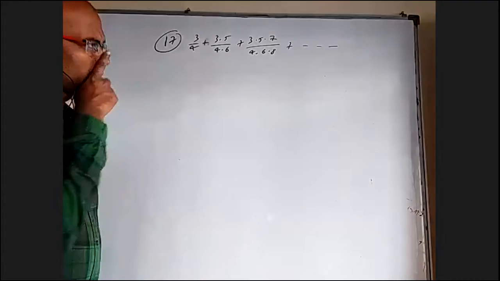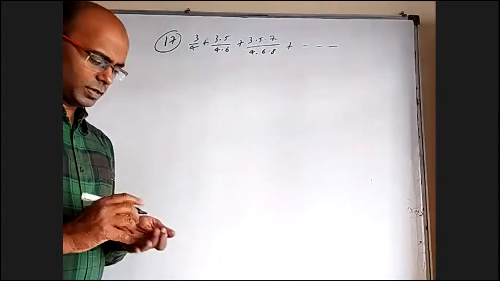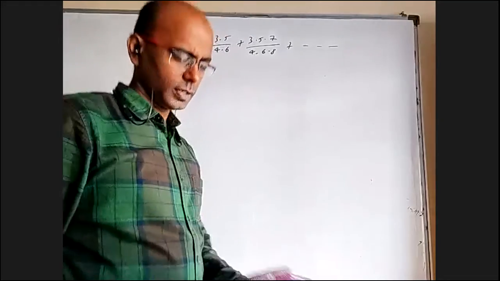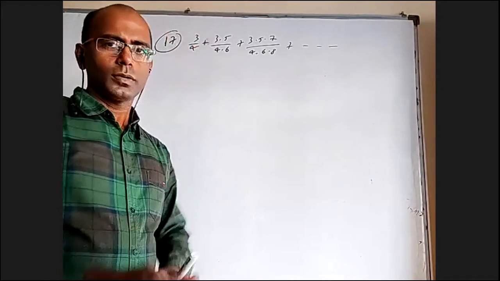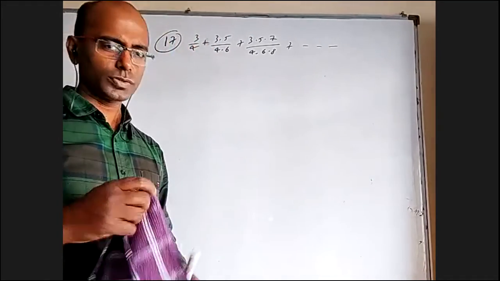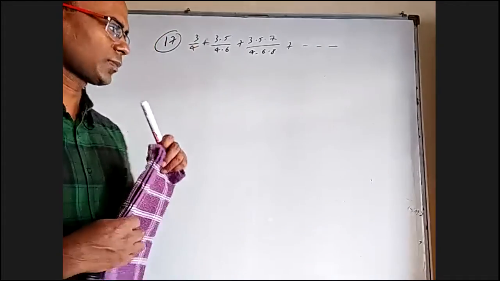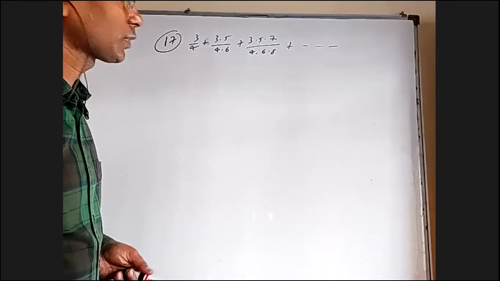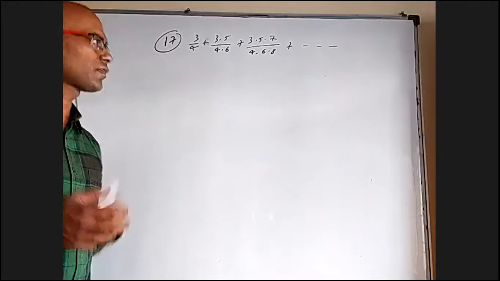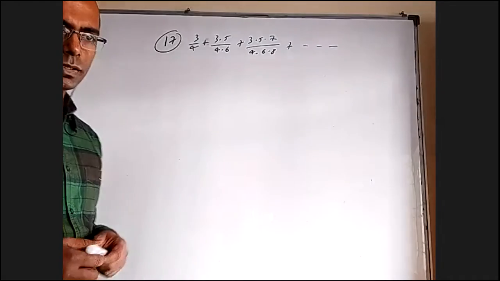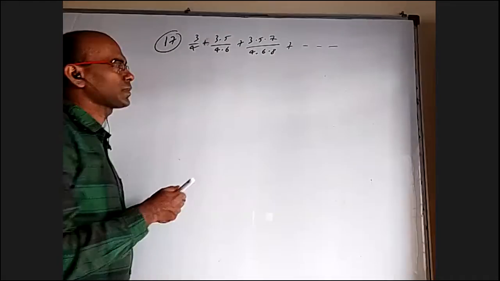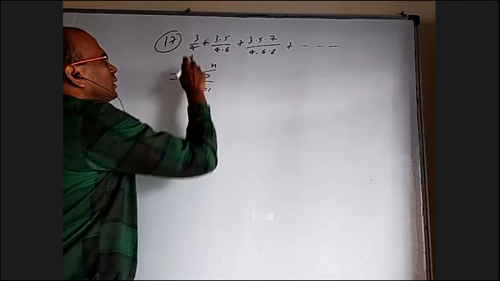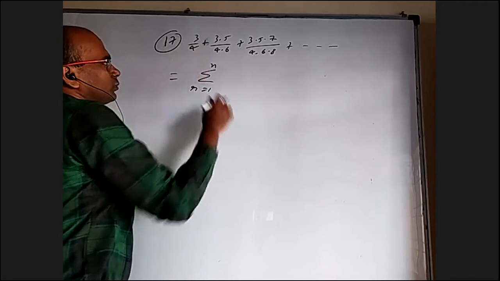Okay. As I said, I am very, very particular that we always have to know something extra because we never know. But you have to always look at past mains questions and advanced questions, and at least if that concept's questions come, you should be able to do it. This is also method of difference, nothing new. But you have to do it in a very specific way. And I have never seen this type of question in any exam till now. Infinite series is okay, but finite series. But first of all, it is sigma r equal to 1 to n. What is the general term? How should we write the general term here?